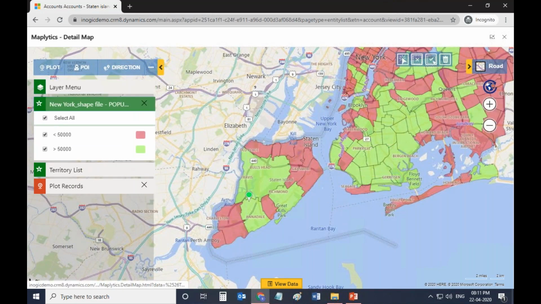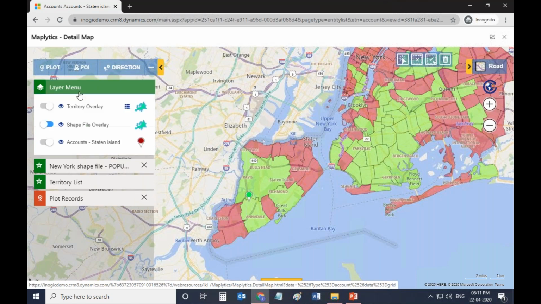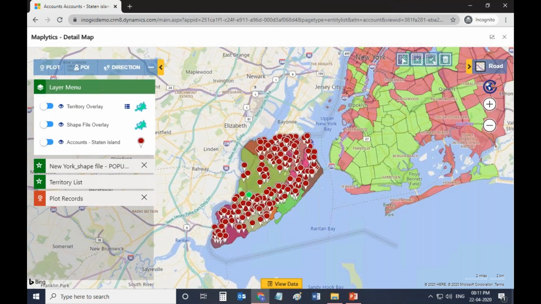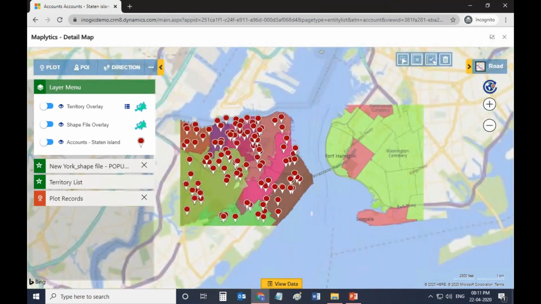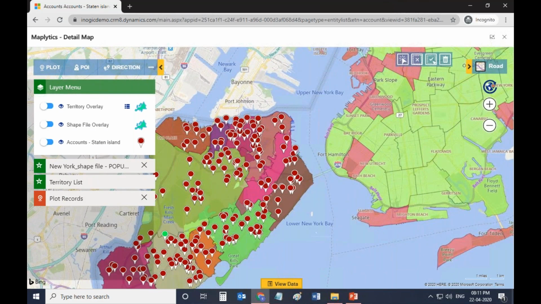The shapefile also shows the colors, so you can differentiate between the metadata of the shapefile. You can see that this area falls under the population of less than 50,000. So this is how you can read the data that you have plotted. This basically helps you whenever, let's say, you want to create a territory in an area that you haven't created for. Reading the shapefile, you can see which area has how much population, and you can also see which area you have already created the territory for and which area you haven't created the territory for yet, right? So this was the overlay feature, and the last feature that we'll be covering is the census data.